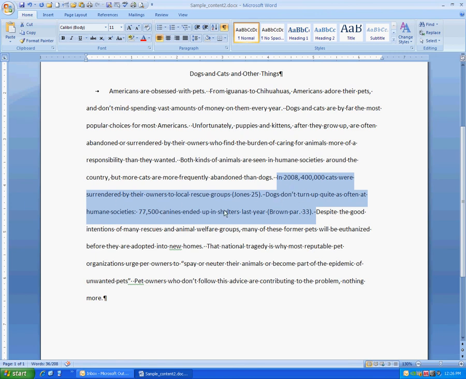Those are paraphrases that use these particular pieces of information. Paraphrases need in-text documentation just like direct quotes do. And we've got both examples in this paragraph. Okay, so for this one, I'm going to start my parenthetical documentation the same way. And let's just say I'm using the same source, and it's going to be Jones, and this actually is going